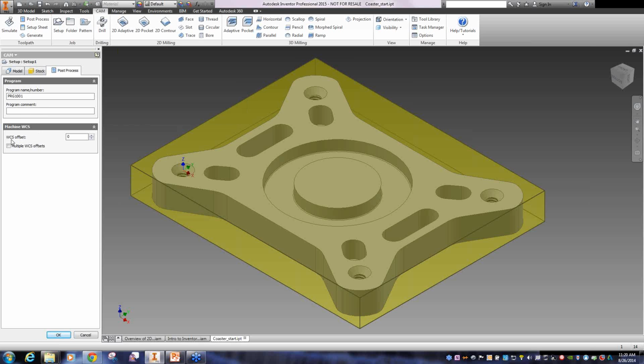And if you use a WCS, these offsets are for multiple WCSs where you may have multiple parts on a vise or multiple parts on a tombstone. We can have multiple work coordinate systems and use the H codes, I believe it is, or the M54, 53, 54, 55 to orient the work coordinate system. Once you define the stock,